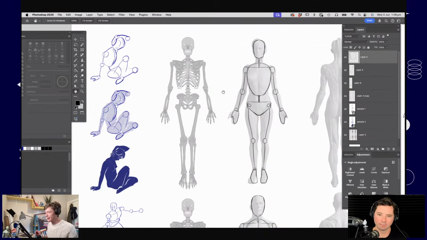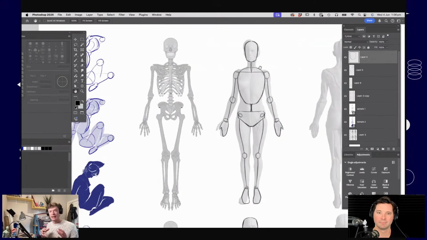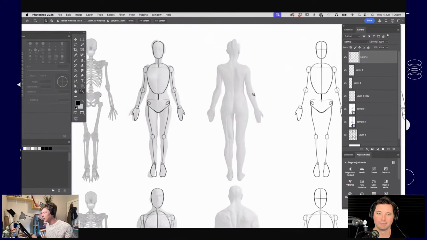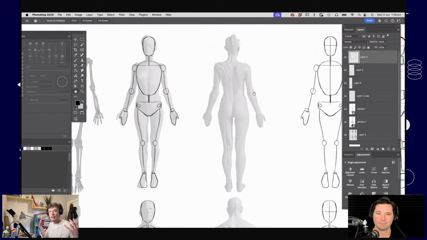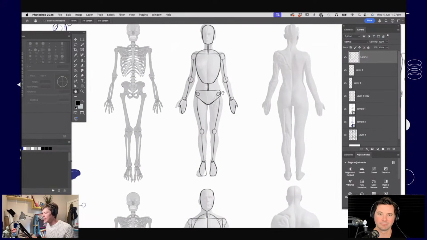Right, okay, cool. So we're going to start with a skeleton. And skeleton's a good place to start as well because there's some differences between a male and a female skeleton, but it's pretty similar between the two of them. So you can start with a very similar basis. Once you get into looking at muscle groups and how people grow as they age, you get quite different shapes between male and female, but obviously there's millions of different shapes that people end up being in. But you can start with the skeleton because that's pretty similar amongst most people.